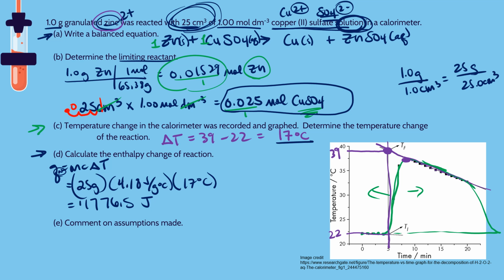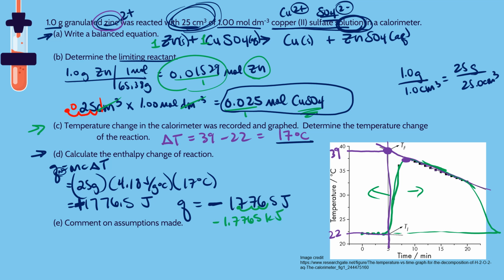If that much energy was absorbed by the water, that means that the reaction lost that much energy. Right? Are we so excited about the sign flip? Because the water in the calorimeter that dissolved the copper 2 sulfate gained energy, we know that the reaction itself actually lost energy. What? I know. So this is joules. Let's convert it to kilojoules. We're going to divide by 1,000. We have negative